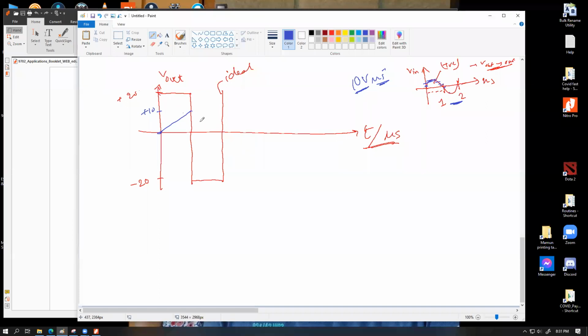Mathematically, this positive voltage should become 0 and then minus 20. But that's not going to happen, because the op amp can only change 10 volt of output every 1 microsecond, which means this plus 10 volt will simply have enough time to reduce to 0. By the moment this has come to 0,